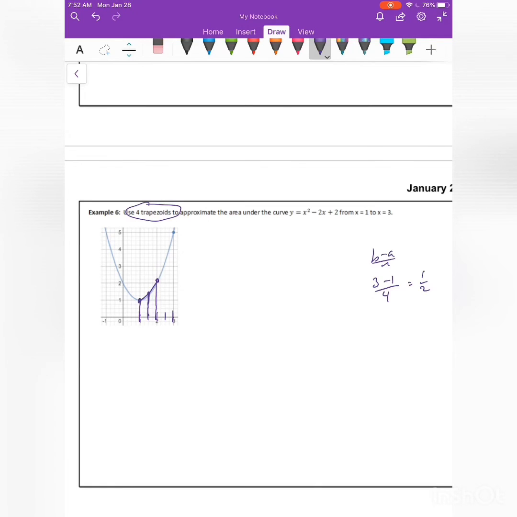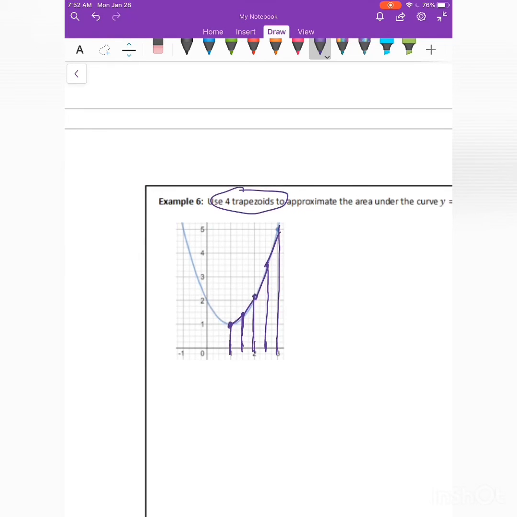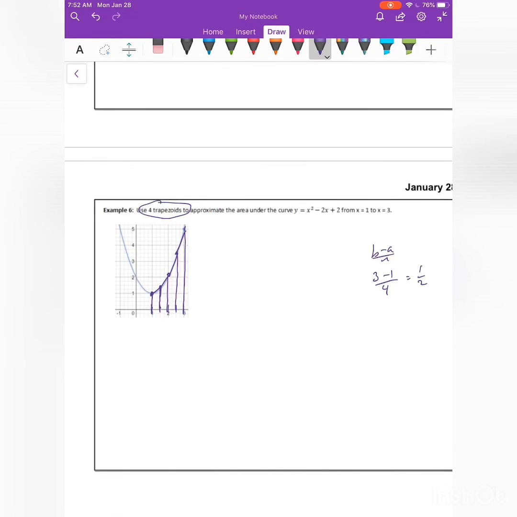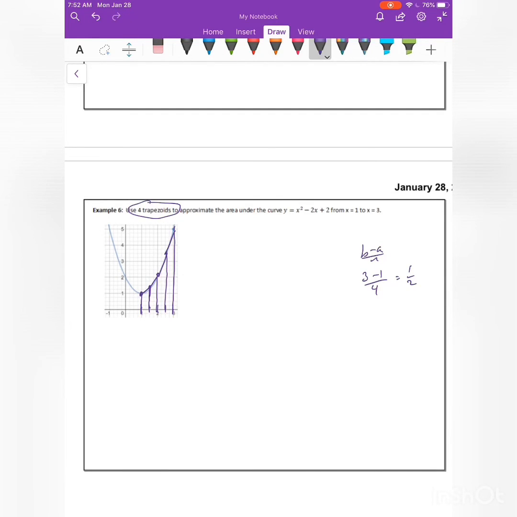And you can see just by the drawing itself, that one's going to be a little bit better approximation. You're going to see slight over approximations there, but it's still a lot better than using rectangles. So to set this thing up, each trapezoid, there's four of them,